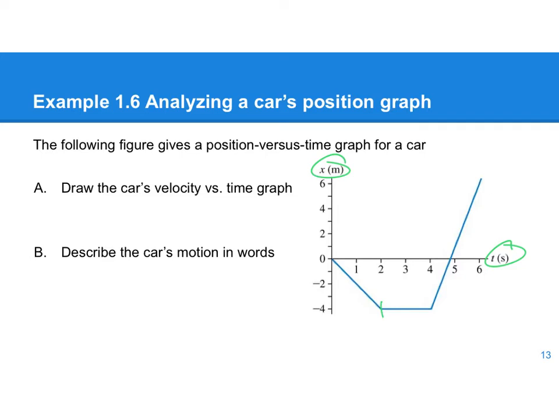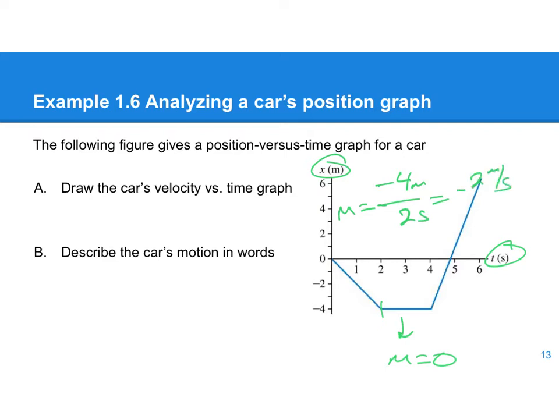So I need the slope of each of these chunks. Well, the one in the middle is really easy. This slope equals 0. What about the first chunk? Well, my slope is my rise over my run. In this case, I have a negative slope, which makes sense because it's going in the negative direction. So my rise is -4, and my run is 2, and this is in meters per second, so I get